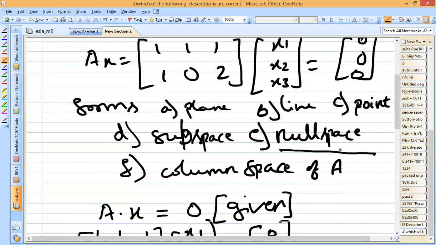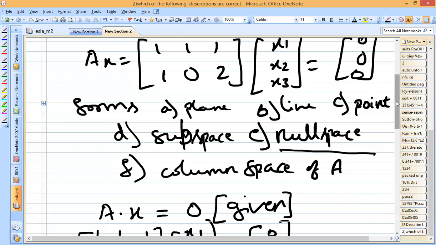So for a line to come, you should have the elements only in one column. I'll be taking some more examples and I'll show how it is going to define a line and all. So here this is the problem number 2. Have you understood?